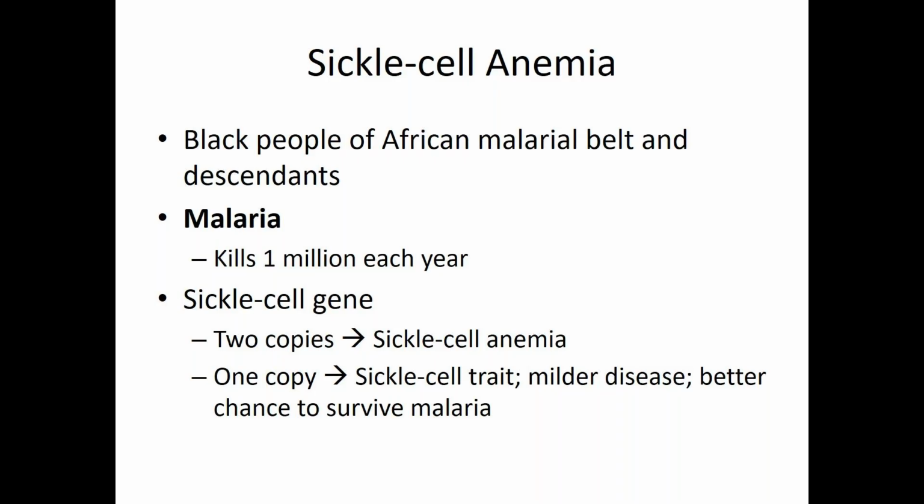The downside of this is that if you have two copies of it, then you have sickle cell. And this alone will kill you. It's not great, right? But again, it's still adaptively better than being dead. So it does have a fairly profound, even though it seems like it's a bad thing you wouldn't want, a fairly profound adaptive significance to this particular genetic adaptation. But like I said, sickle cell is not something we want.